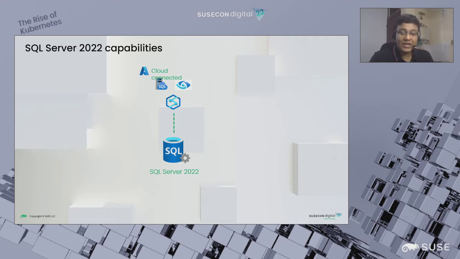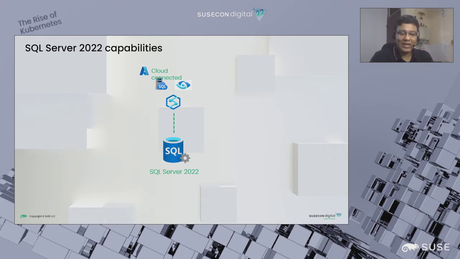Similarly, you can also connect to Azure Synapse, which means you can offload your analytical workload from your OLTP. It goes to Azure Synapse, and you can have your applications connecting to Synapse for analytical workload. And all of this without the need of an ETL job. You don't have to create those ETL jobs. All you have to do is, again, a few clicks, and you can set up a link between Azure Synapse and your on-prem SQL Server 22.